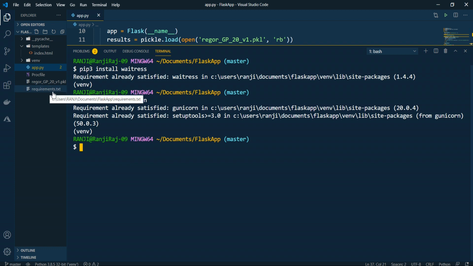But if you don't have the requirements.txt, you can write pip3 freeze requirements.txt. This I am showing you by the command line. You can also manually create this, right click and do the file creation.